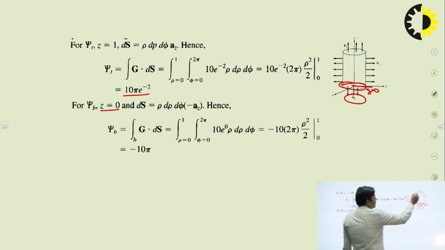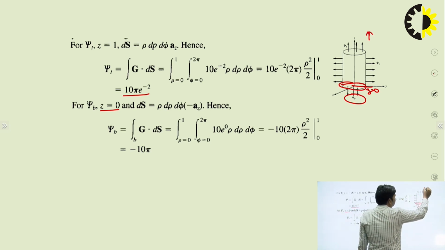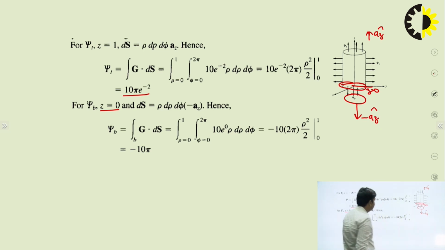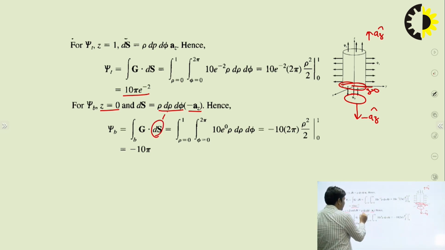So the direction: we assume that this is the az direction, so this is the opposite of az, that means this is the minus az direction. So the direction is minus az, and what is the value of ds? ds in the direction of az is rho d phi, so rho d phi is in the direction of minus az. So ds is defined in this case as minus rho d phi az,